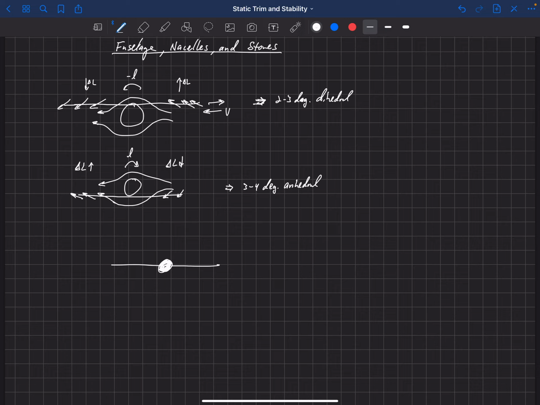So let's start by putting something right here. That's a very common place to put an engine. And so now let's put that in some side slip. So we're going to have some velocity coming in from the right hand side. And now let's neglect the fuselage and just look at the flow caused on these wings by the flow needing to move around this nacelle, okay? So the flow is going to do something like this, all right?